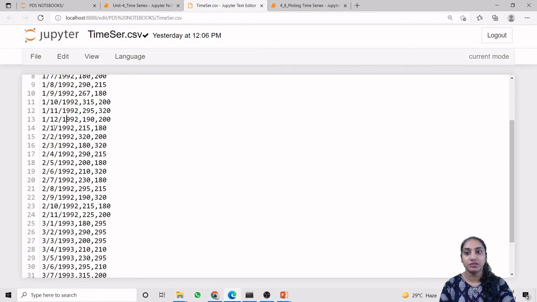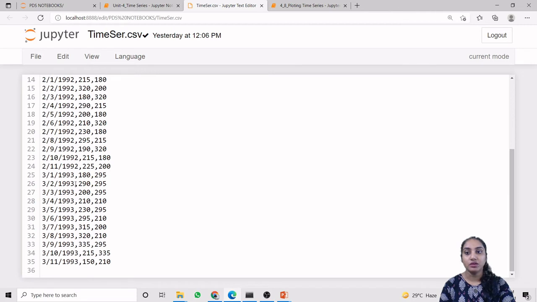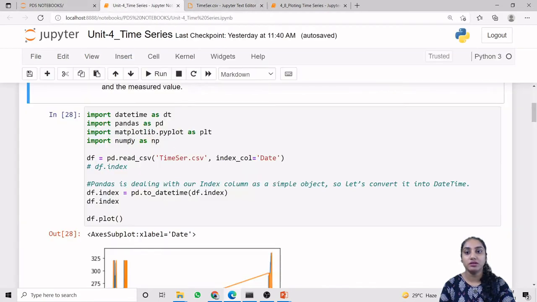Again we have 1992 and January, February up to December. Now this is the 1993 data. So this is again a different year, and it also has different data in units and wind. Now using this time series.csv file, we are plotting our time series data.